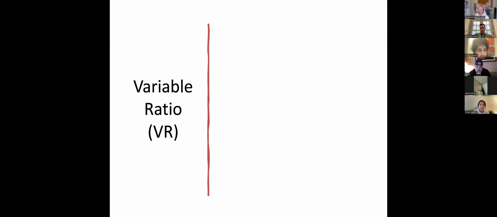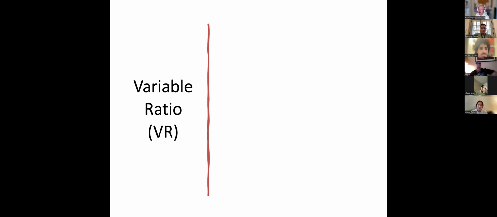The next schedule we're talking about is the variable ratio schedule. And guys, like I said when we first started, the variable ratio schedule is what we see most naturally in our environment. Through our day-to-day life, lots of behaviors we engage in are on this variable ratio schedule. Imagine telling a joke, right? I could tell a joke and for some people it may hit the mark and I might get that attention or that laugh that I really like, and then other people, not really. But the variable ratio is kind of built in all of us to ensure our survival. And if we think about it, it makes sense.